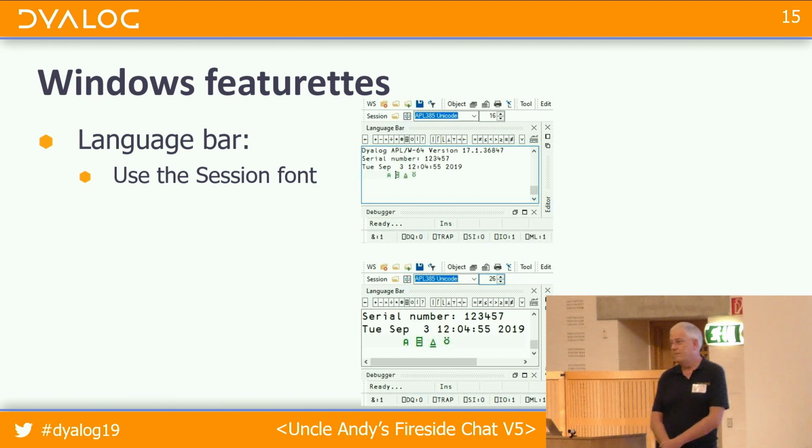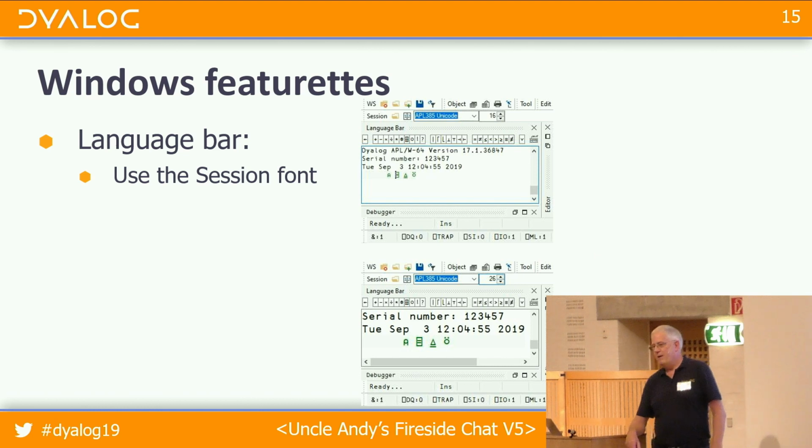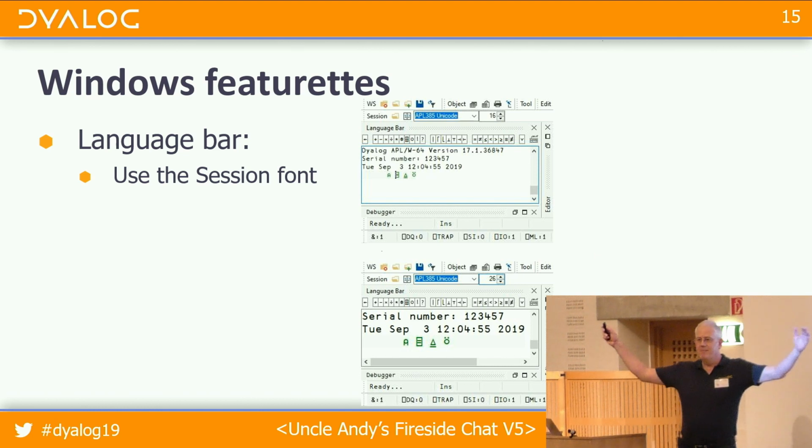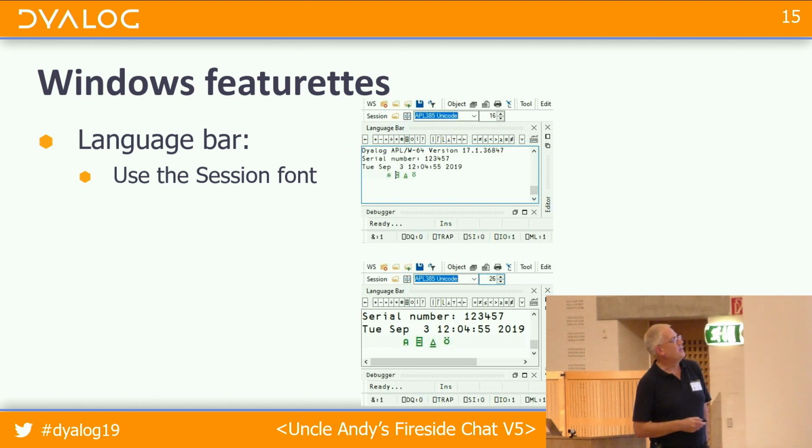And I then say, well, I'm talking APL, I want to show you guys some stuff. I'll increase the font size to 26. Bigger font, but the language bar is the same size. When you have a screen that's more like 4,000 odd pixels by whatever they happen to be, Kai can tell me because I know he runs on something that's about the size of a small cinema screen, that becomes very,